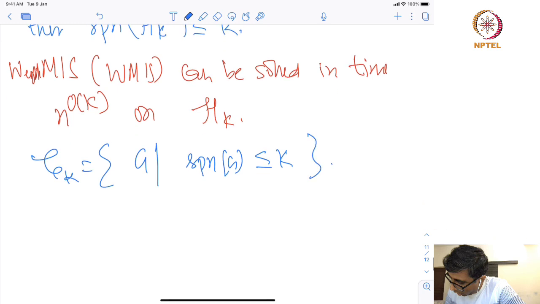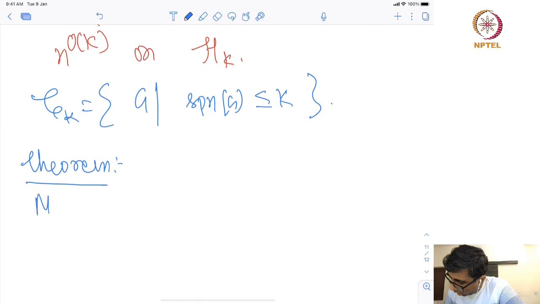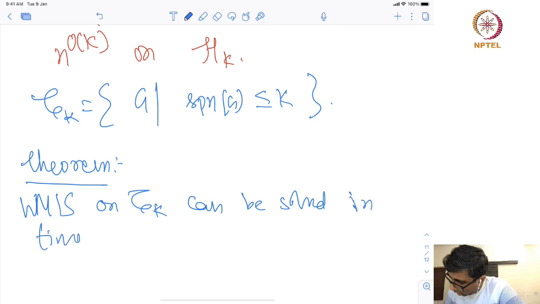The theorem we proved is that weighted maximum independent set on this can be solved in time n to the power big O of k. Now, notice that